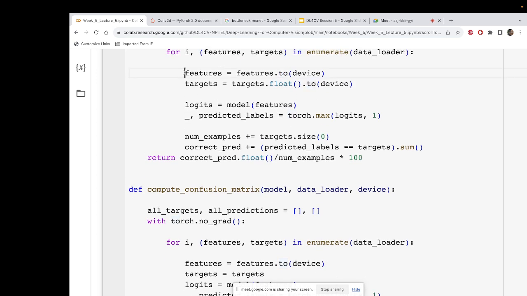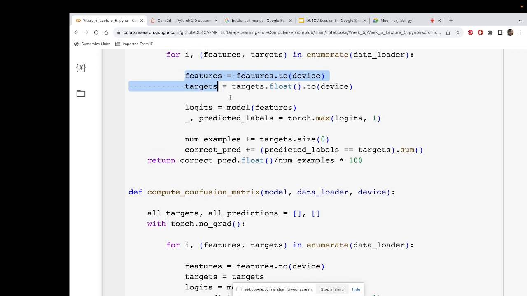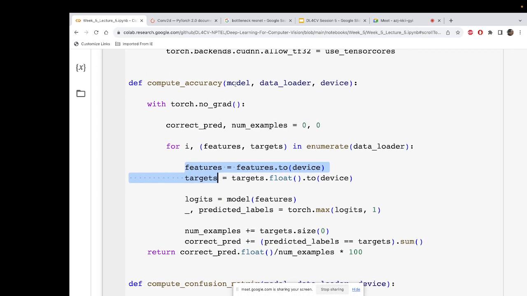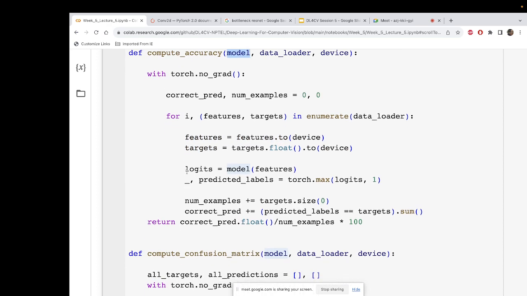So now you have this feature and the target, right. What you do is, you have the model, so there is a model defined somewhere. It's not defined till now, we are just passing it as a parameter to the function. So what we are getting is this, this is the model, we are passing the image through it, these are the predictions, right. So we are converting the predictions to